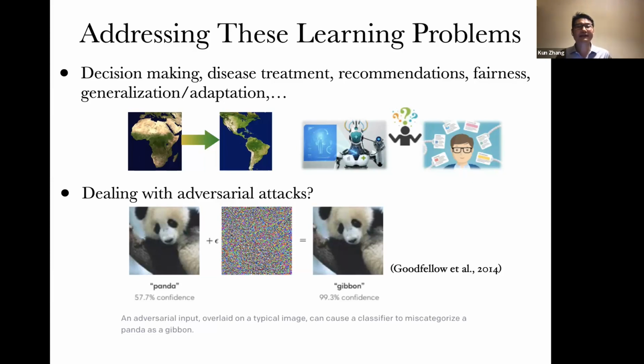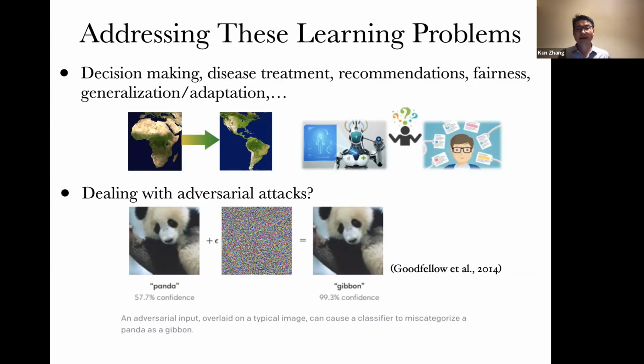At the bottom, you can see another example. This is a very simple illustration of the adversarial vulnerability problem. On the very left, you can see the panda. If you change a particular pixel in a specific way or add noise, then the machine can say it's something totally different, right? So why do we have this phenomenon?